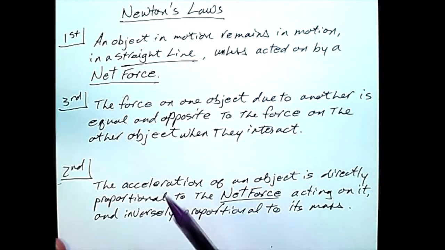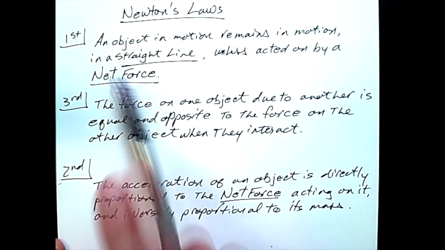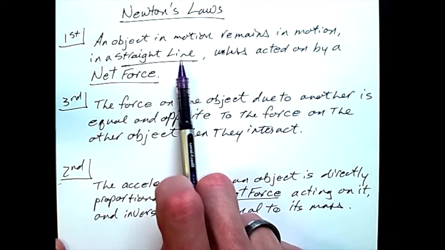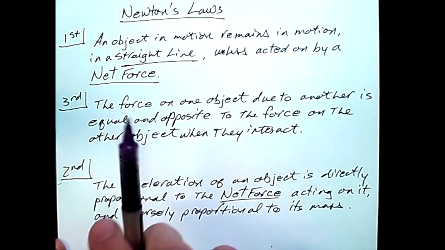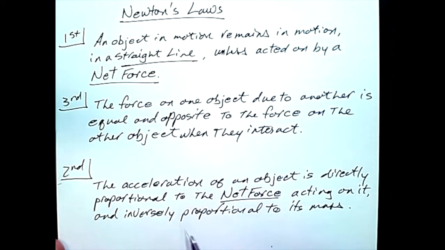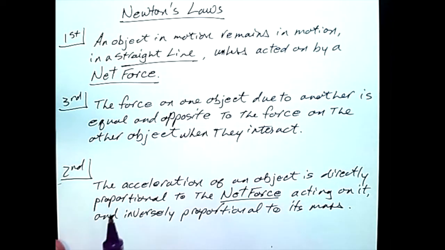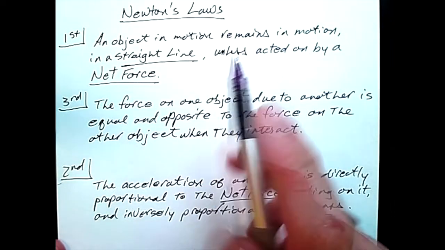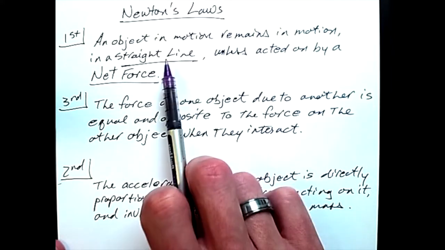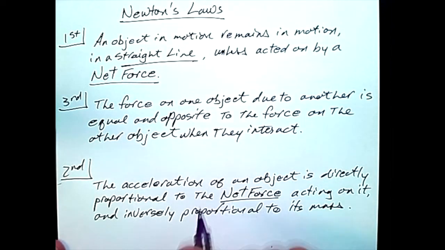The first law, I believe you're familiar with. An object in motion remains in motion in a straight line unless acted on by a net force. Of course, an object at rest will remain at rest unless acted on by a net force as well. Net force we'll discuss in a few minutes. The key here is that if left alone, the object will continue doing what it is doing in a straight